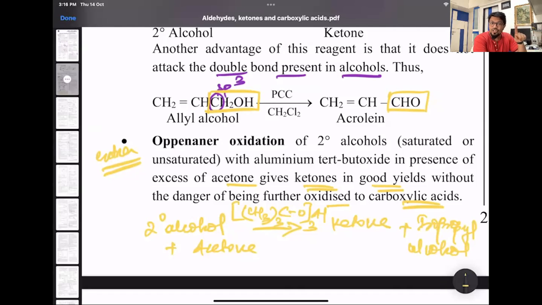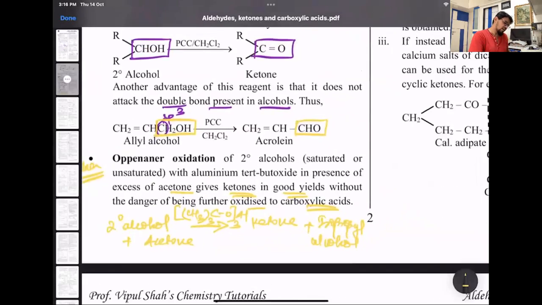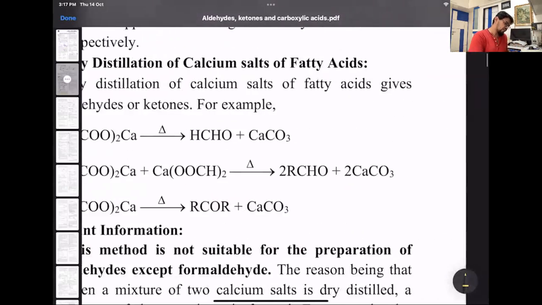So in this oxidation, any 2 degree alcohol can get oxidized to ketone in presence of acetone, which will get reduced to isopropyl alcohol. And the reducing agent is aluminium tert butoxide, that is [(CH3)3CO]3Al, the whole thrice. Why did I write whole thrice? Because aluminium valency is 3. That's why 3. So aluminium tert butoxide, that's the oxidation, 1. Then the next one we have